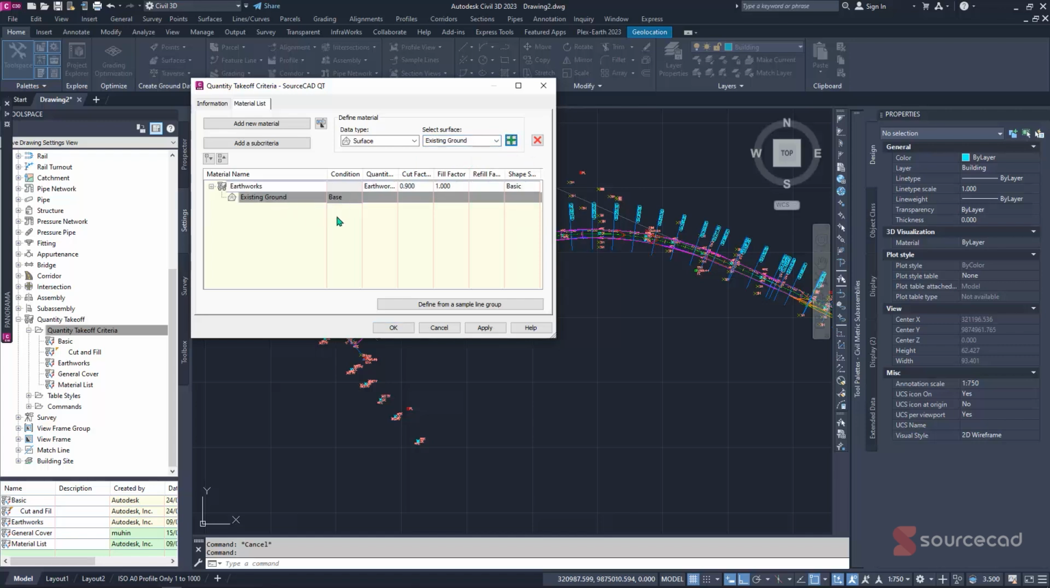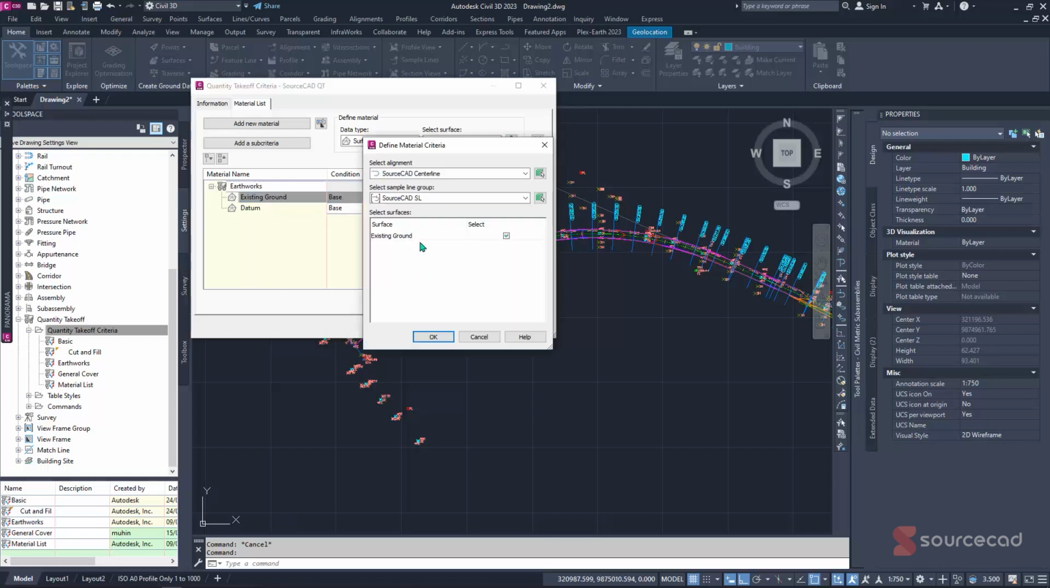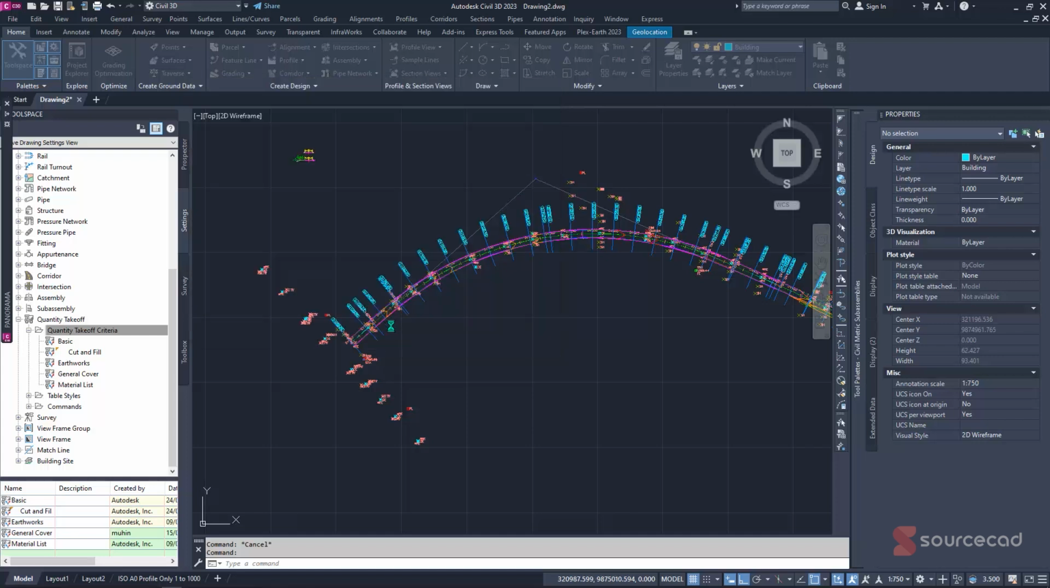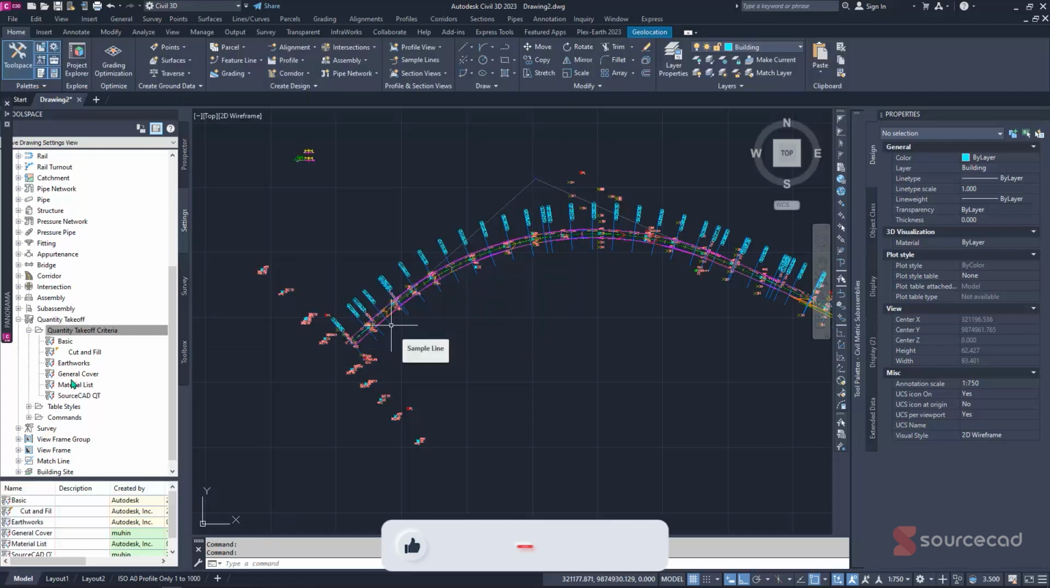So this is basically the base, and you can specify also the bottom. So we're going to use the datum, then click on add, and this is basically the base, but this we're going to define later on. So define the sample line group. So we're going to use a sample line from source code, click on OK, click on apply, then click on OK once. So after doing that, it will be added to this list,